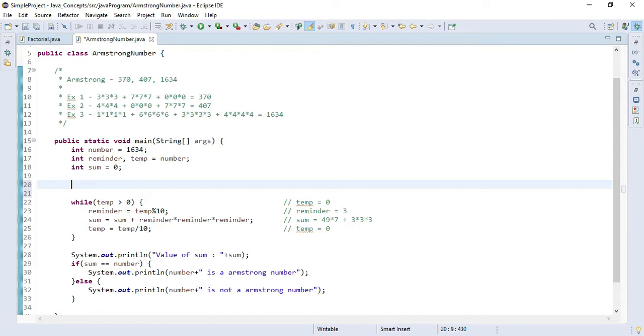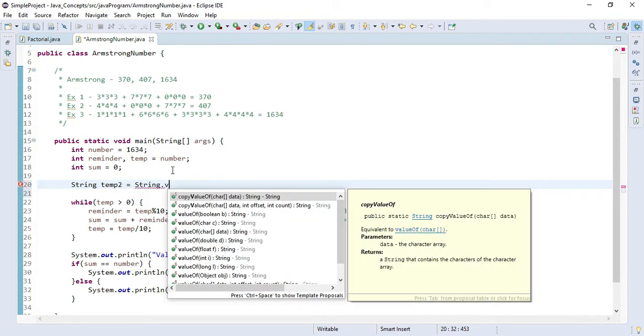So first let's create one variable of type String and call it temp2, and we have one static method in our String class, and that will be valueOf. As you can see, we have valueOf for boolean, integer and others.